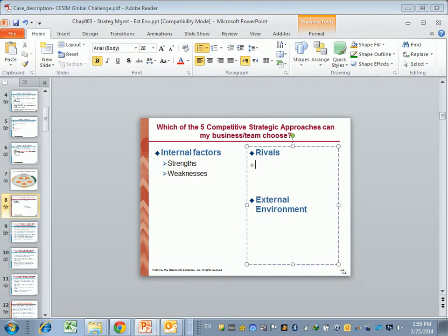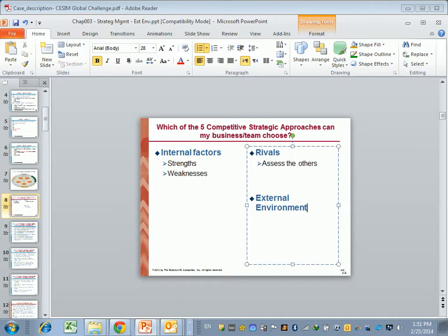Also the rivals. And when we looked at the CESIM, as you can do by exploring in the program online, maybe you're in a universe with very fierce competitors, or maybe you're in a universe with maybe not so strong competitors. It's always good to know who you're dealing with. So basically assess the others.